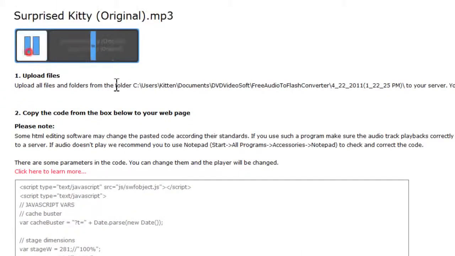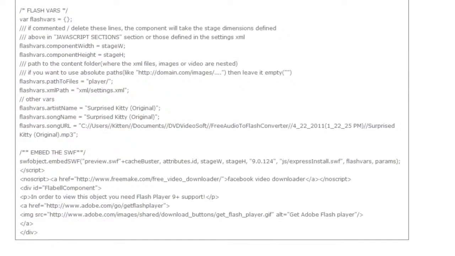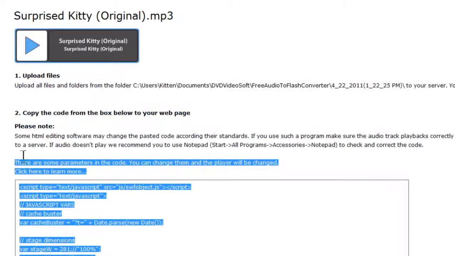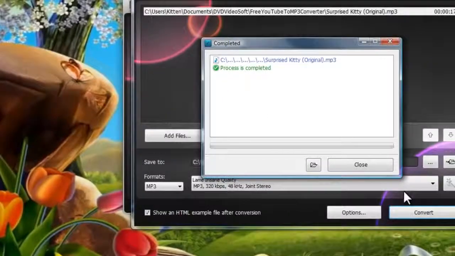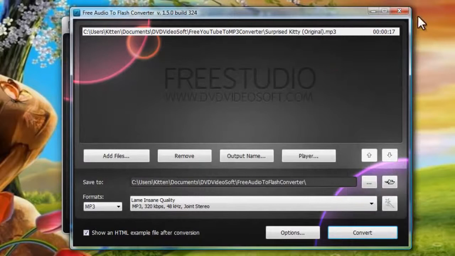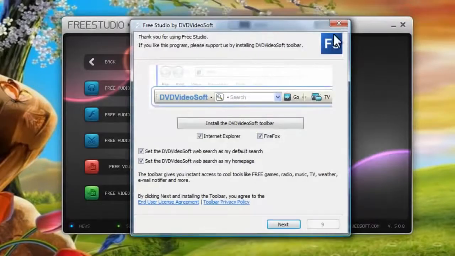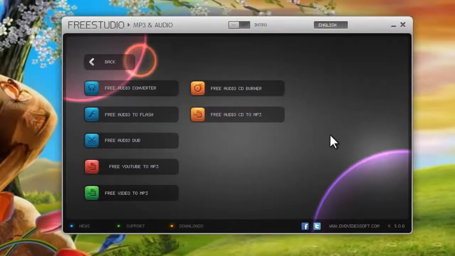So when I play this, it will actually play the original file and sound of it, and then it will give you a little bit of information how to display this on your web page. Basically copying and pasting this code. As I said, this is more for advanced users. You probably don't really need that, because if you're advanced then you wouldn't be doing it this way anyway. And that's it. Let's go back and